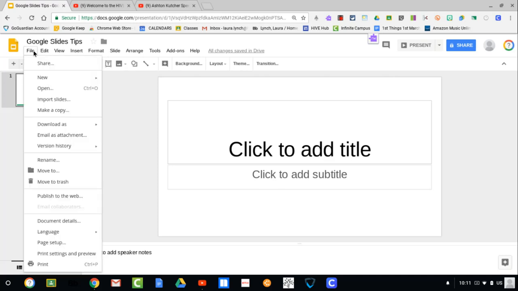This is where you're going to find either making a copy of slides. You have the option of importing slides from other presentations. You can obviously rename the presentation, move to trash or a different folder here, etc. What this is most useful for, I have found, is making a copy of slides if you want to have a similar or